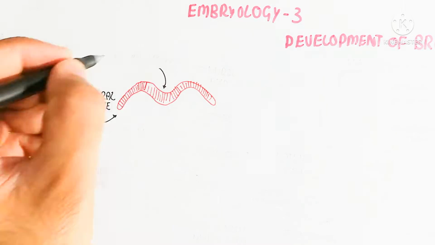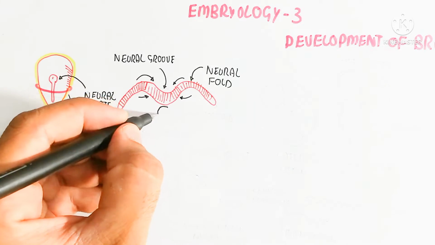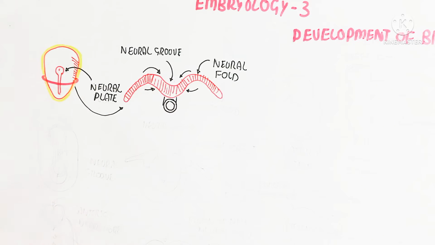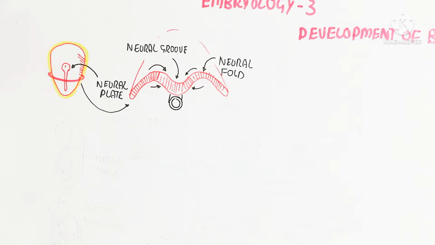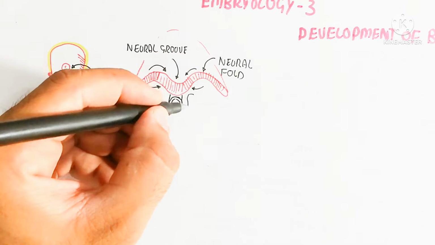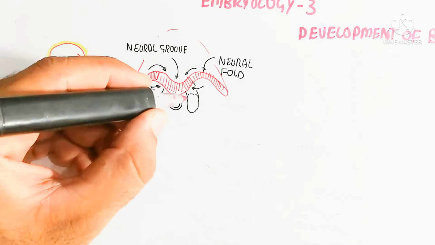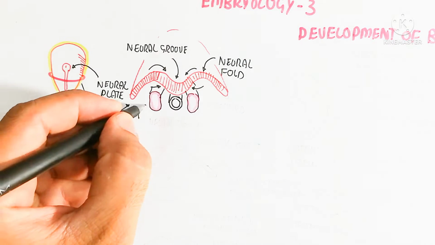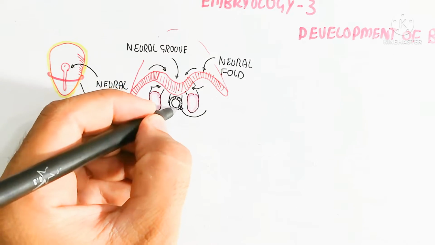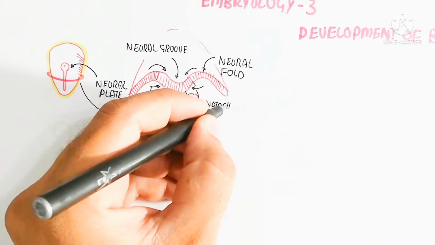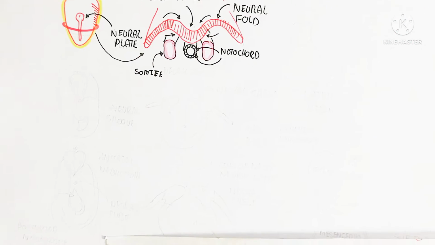Here you can see the neural plate, neural groove formation and neural fold formation of the ectoderm. In this way the ectoderm will fold, and inside is the notochord, shown in black color in the figure. While this is the somite, the mesoderm somite. After some time passes, the neural groove formation will occur more, and